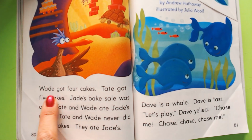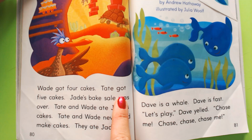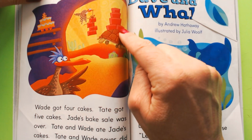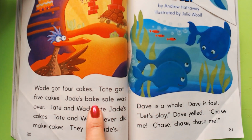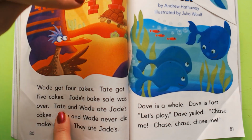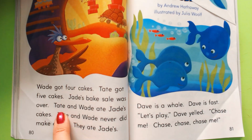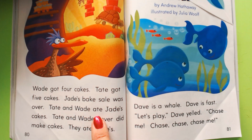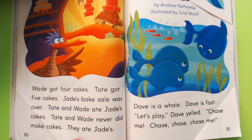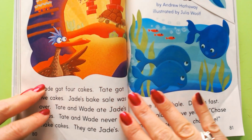Wade got 4 cakes. 1, 2, 3, 4. Tate got 5 cakes. 1, 2, 3, 4, 5. Jade's bake sale was over. Because look, he has 1 cake for him, and then plus 4. 1 plus 4 is 5. Plus 5 more is 10, and that's all the cakes he made. Tate and Wade ate Jade's cakes. Tate and Wade never did make cakes. They ate Jade's. Yeah, if you have money, you don't have to make your cakes. You can just